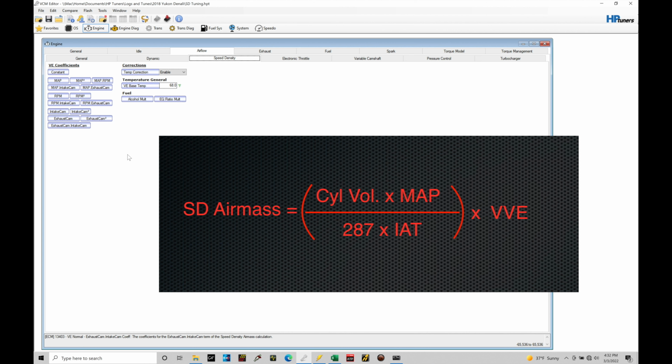The intake air temp is going to represent the density of the air. So we have both the volume and the density. We know that's going to be needed in order to figure out air mass. Once we have that, fit that into the equation here, then we can calculate a total air mass. Now we also have, finally to that equation, multiplied by a percentage of VE, or cylinder filling. And that's where our VE coefficients here come into play to determine what that value is going to be. So at idle and part throttle, we have a lower volumetric efficiency. We have lower airflow